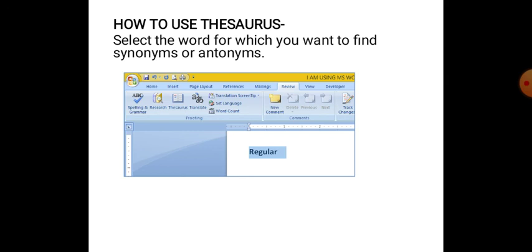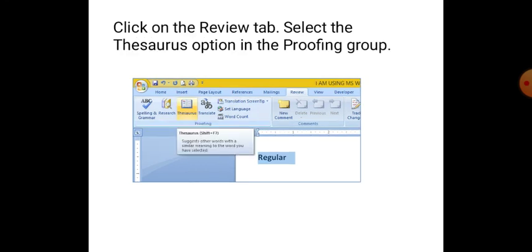To use a thesaurus, first of all, we have to write a word and select the word for which we want to find any synonym or antonym. After that, we will go to the review tab. In the review tab, there is a proofing group, and in the proofing group we will click on the thesaurus option.